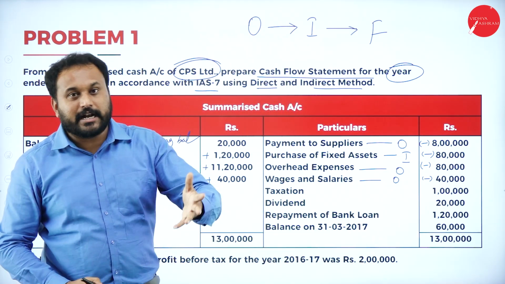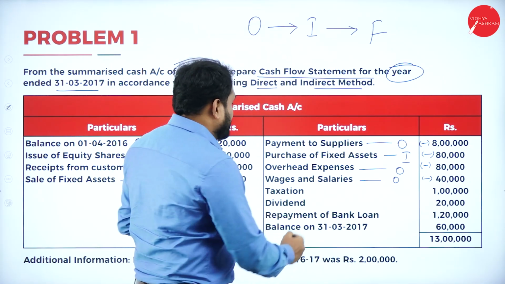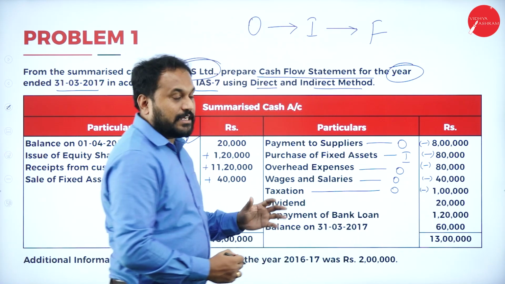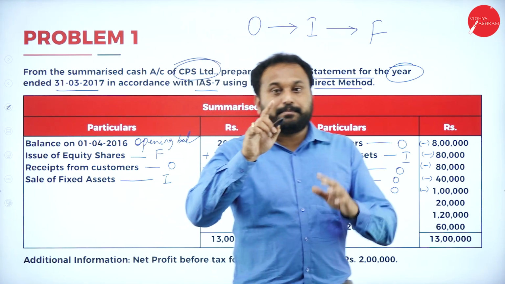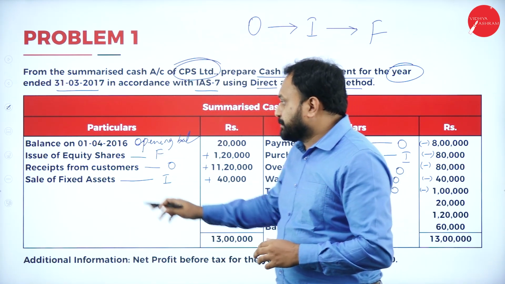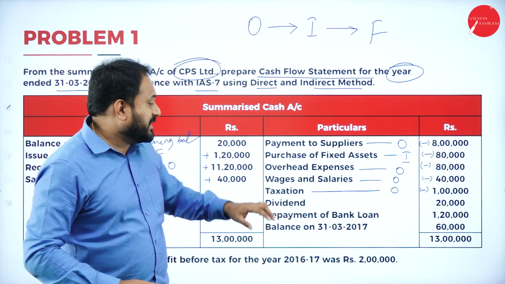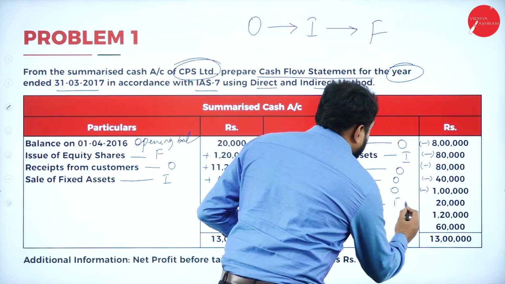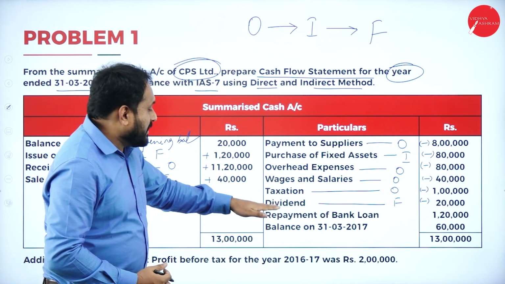Taxation, and you know that I don't need to explain about taxation. It is always from our pocket it goes. So again, this is operating. Here it is minus. Done. Next is dividend. Now understand, please be very careful when you go with this. Issue of equity share, now it is finance the same way. Dividend also is finance, but we need to subtract this because dividend we are supposed to pay, isn't it?